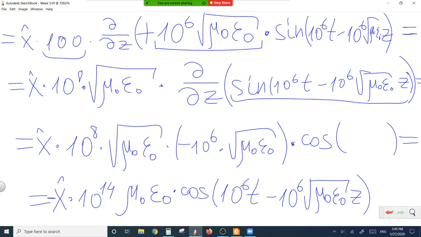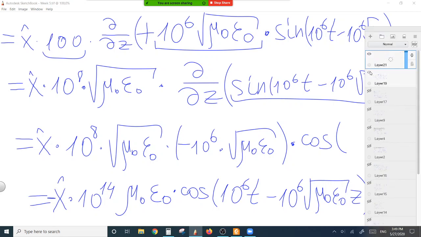Okay, we found the second derivative of the electric field with respect to z. Now,